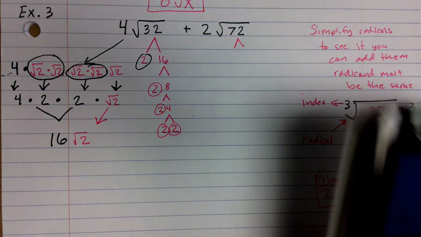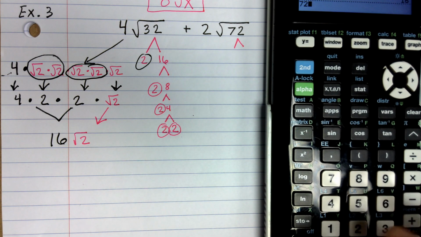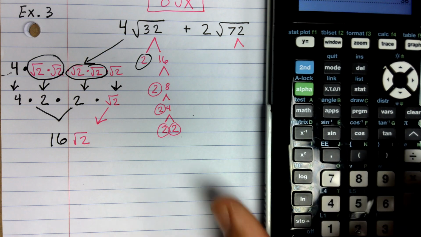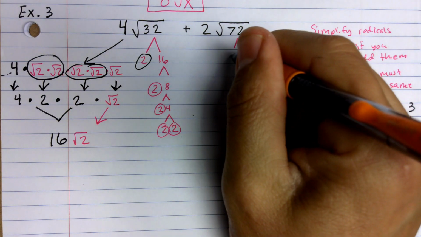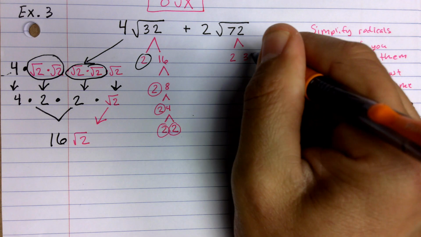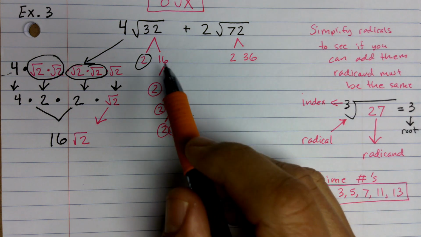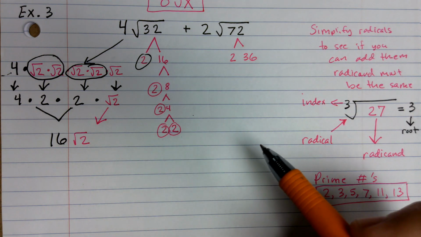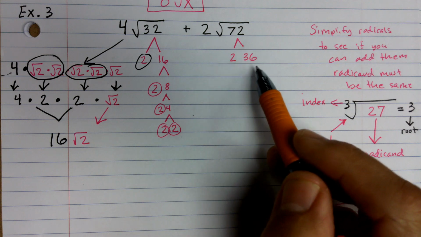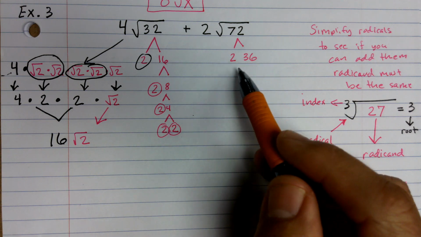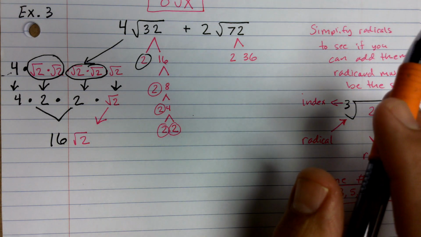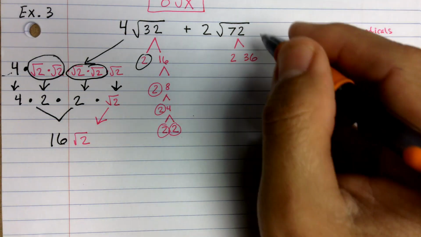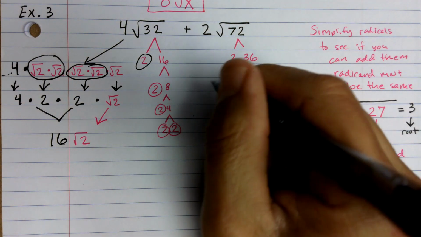I'm going to use my favorite number again, 72 divided by 2, and it worked, 36. So 2 and 36. Now this time I'm not going to go through all the trouble of breaking it down over and over again, because I do recognize that 36 is a perfect square, and anytime you get a perfect square, you can actually stop at that point. So I'm going to go ahead and write this as 2